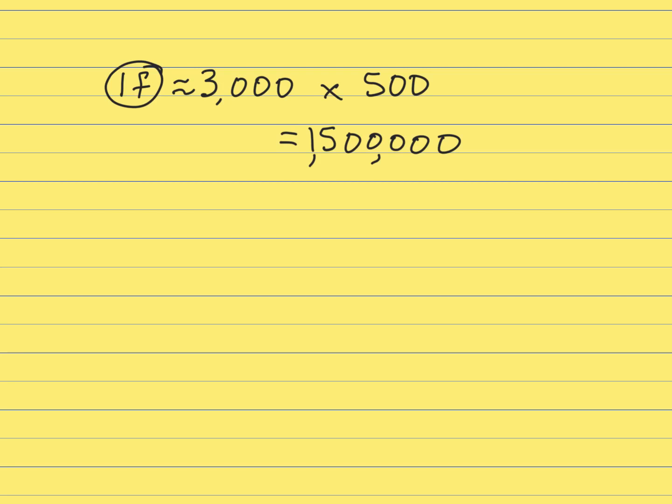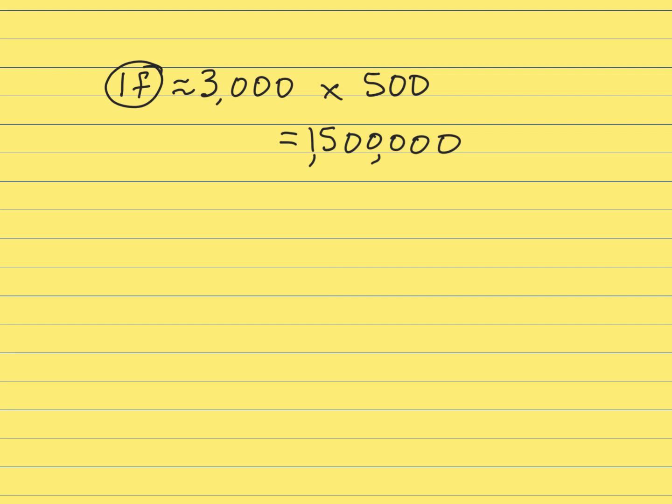In F you have 3,068, so I'm going to round that to 3,000 as my rounding estimate times 500, and so you would get your answer. We're going to round, and if you round that 3,000 times 500, you're going to get about